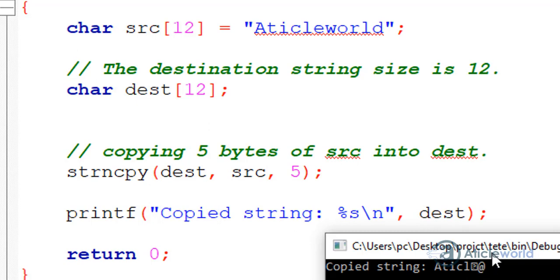So let's understand this scenario with pen and paper. Here I am creating a source array and a destination array, and I am making the size of the source array greater than the number of bytes which I want to copy.